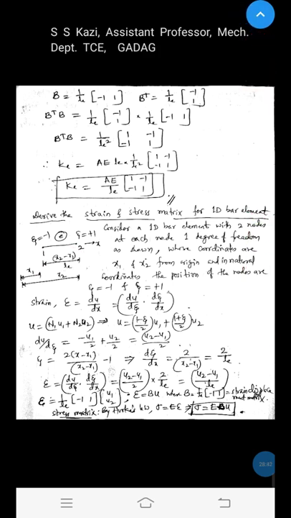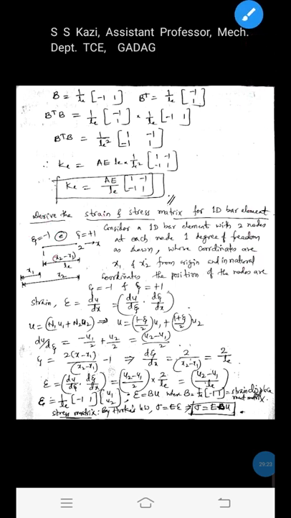Also, in the natural coordinates, the position of node 1 is zeta equal to minus 1 and the position of node 2 is zeta equal to plus 1, because the origin exists at the center of the bar, that is zeta is equal to 0 at the center of the bar. To the left side it is minus, to the right side it is plus. In shape functions, in other videos you will come to know. What are the natural coordinates? Natural coordinate values are fixed, dimensionless numbers, and these are unity. At node 1 it is minus 1 and at node 2 it is plus 1.